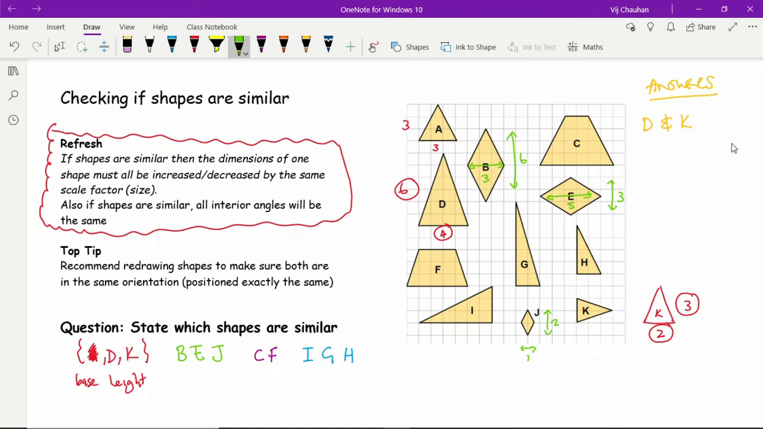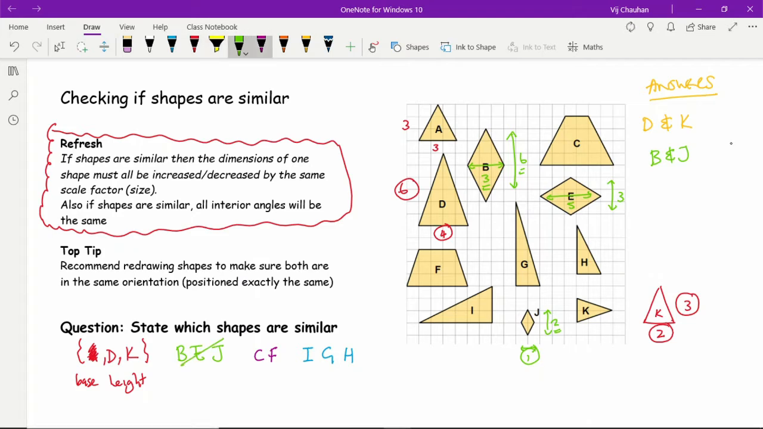here I've got 5 and 3. So you can see straight away that E is not similar to B and J, because obviously the dimensions aren't perfect. So for example, if I multiply 1 by 3, I get 3, and if I multiply 2 by 3, I get 6. So here we've got B and J are similar. And then